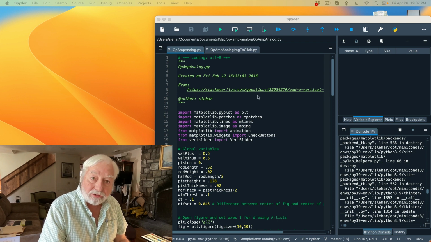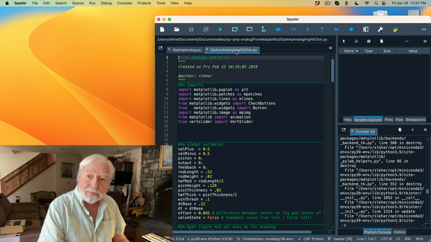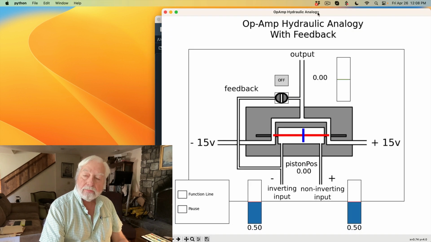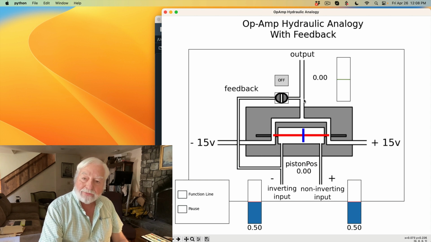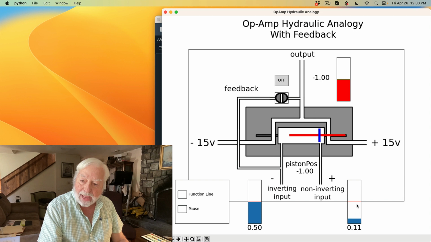So back to my hydraulic analogy, we'll go to the op-amp analog with feedback, and we'll run that. And here we have the same arrangement as before, but now we have a feedback connection with a valve from the output back to the inverting input. So if I have the valve closed, we get that bang-bang kind of comparator function going on. But if I open the feedback valve,